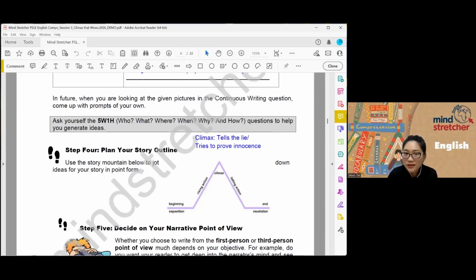Remember, some of you told me that in the climax, you want to try to solve the problem. Here you go. Okay? Is this also where the evidence is presented? Maybe. So the authorities come in and they present the evidence, and you have no choice but to admit it. It could also happen here, maybe towards the end of the climax. Okay? So this is where things are really intense.